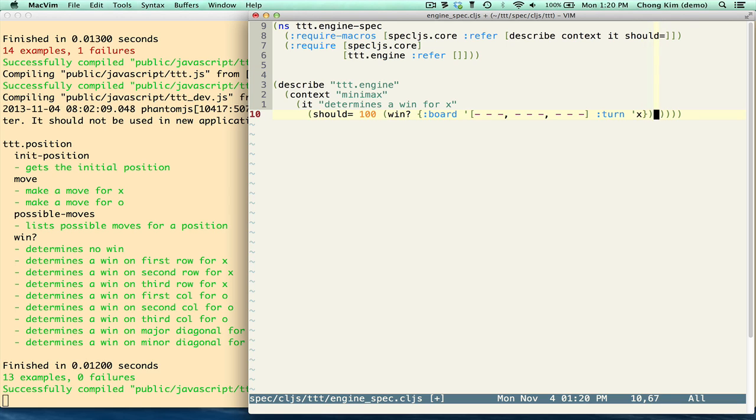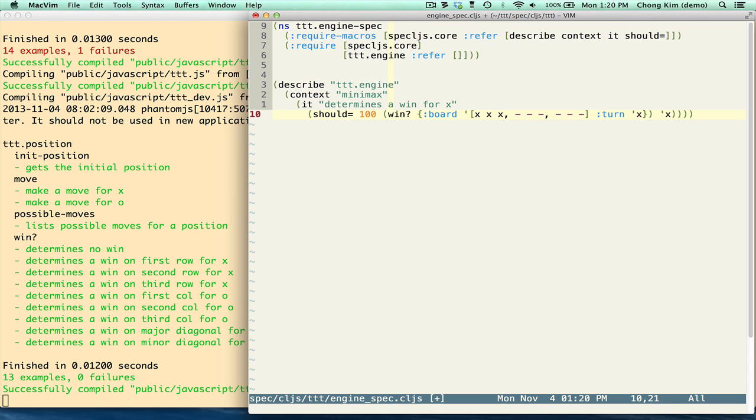We'll set the position here later for x. So that'll look like that. So this is a win. So the person has already won, and so